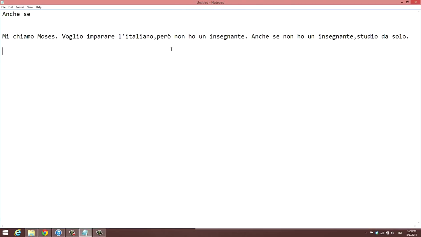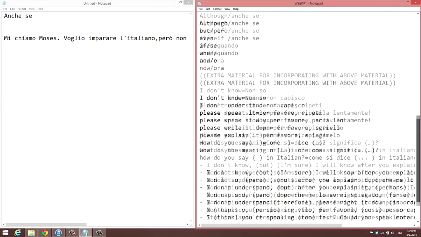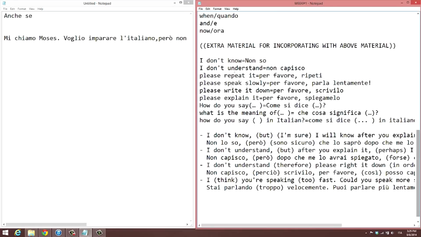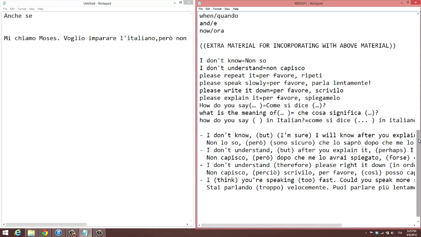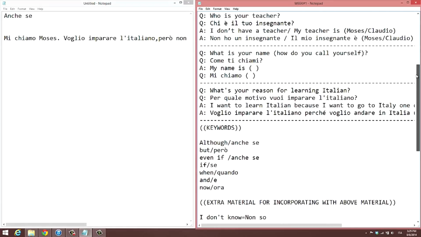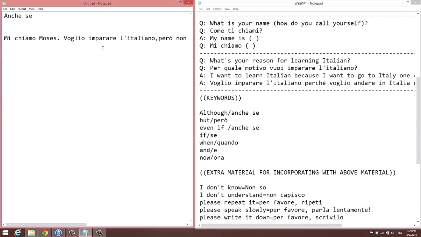So this was my first one. You can go down the list. Let's see what else we can make. I'll scroll down. You can take something from this area and incorporate it with the questions and answers up above. Yeah, however you want to. You just got to be real creative with the material. But that's all you have to do. Mix it up like that. Let me choose another keyword for you. Show you what else I can make here.